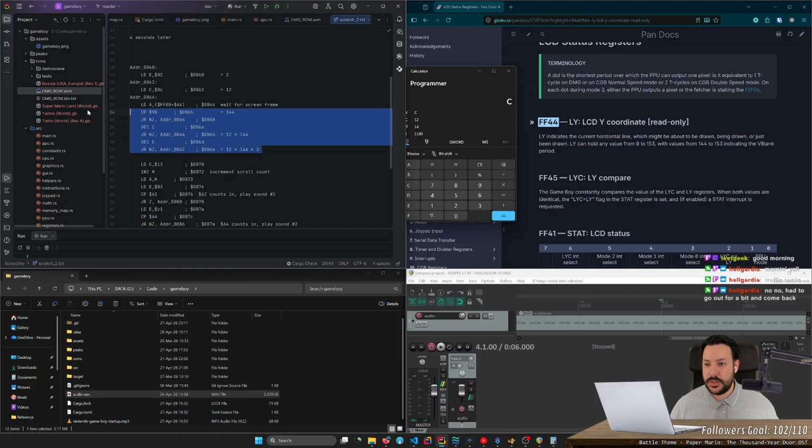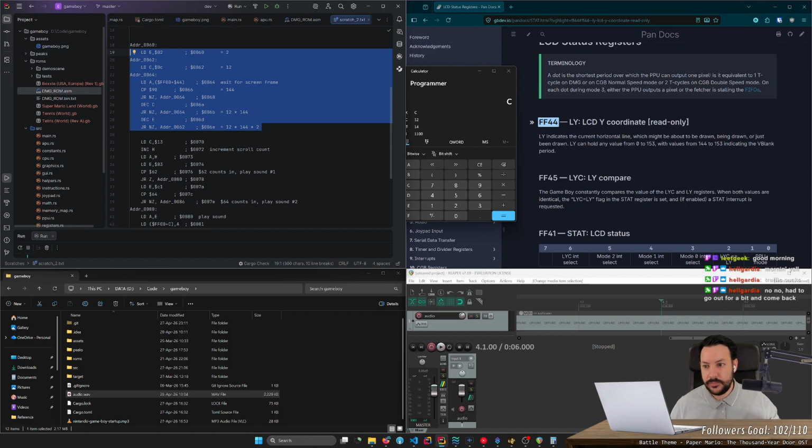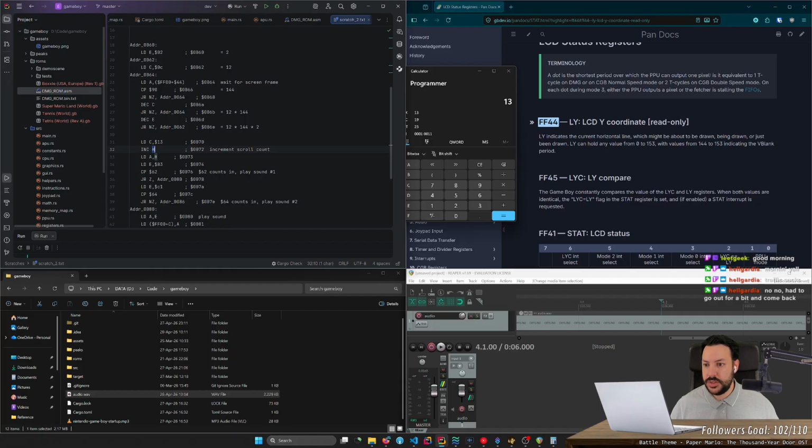Okay, so it's essentially counting whatever many frames this is supposed to be. And then it loads age. Okay, it first tries to write 13 there, which is 19 into C. It increments age, which is this hidden how much it should scroll.